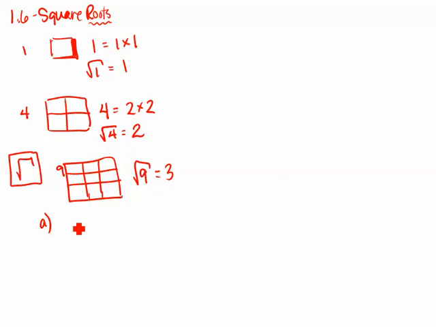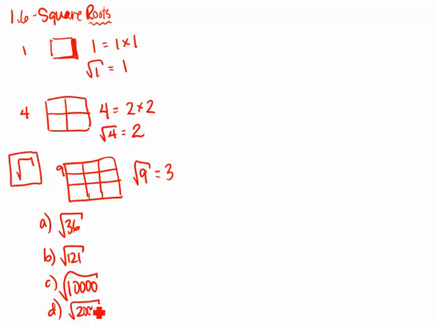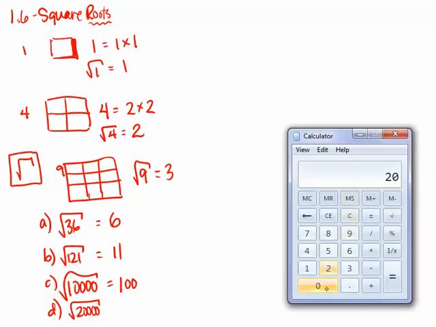Just take a moment to pause the video and find out the square roots of 36, and find the square root of 121, and find the square root of 10,000. And the last one, find the square root of 20,000. After you've tried this, you see that the square root of 36 is 6, the square root of 121 is 11, the square root of 10,000 is 100, and the square root of 20,000, well, I'll do this with you,